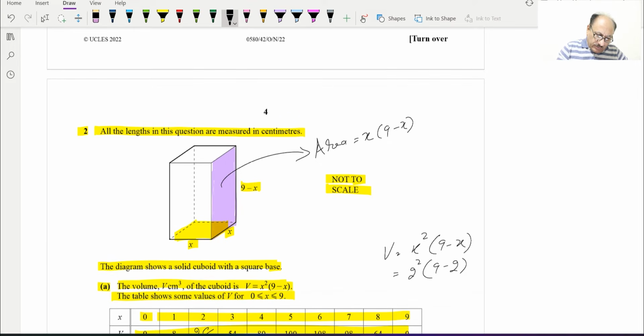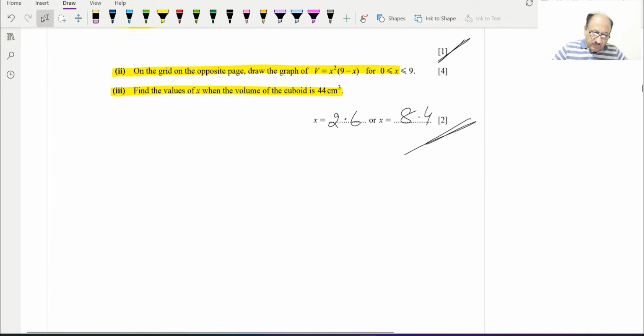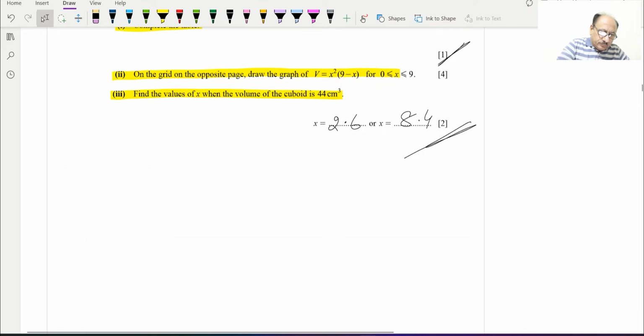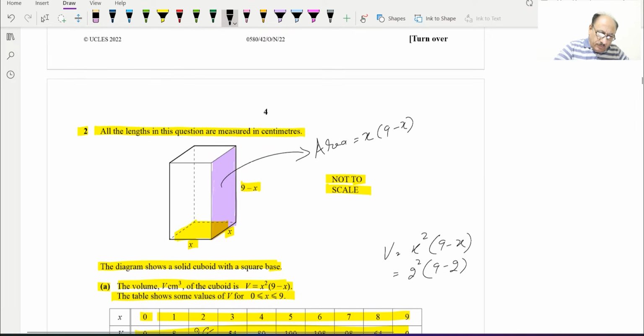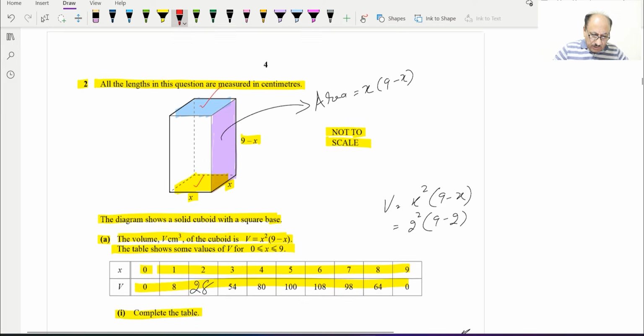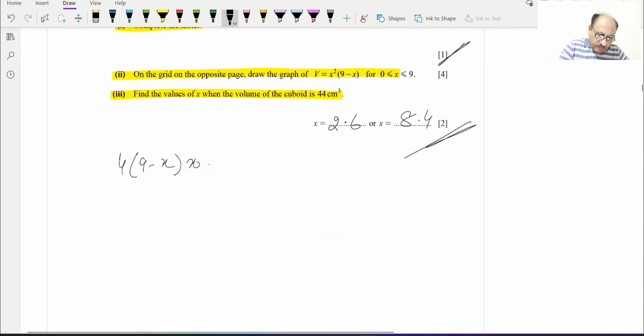And for the 4 faces, because there will be 4 faces of this one, we can multiply this by 4 and we can write 4 into 9 minus x multiplied by x, and plus we need to add top and bottom. If we change the colors, you can identify properly. So this will be the top and bottom. Top and bottom will be x into x, which is x square. So we can write plus 2x square, and now we can